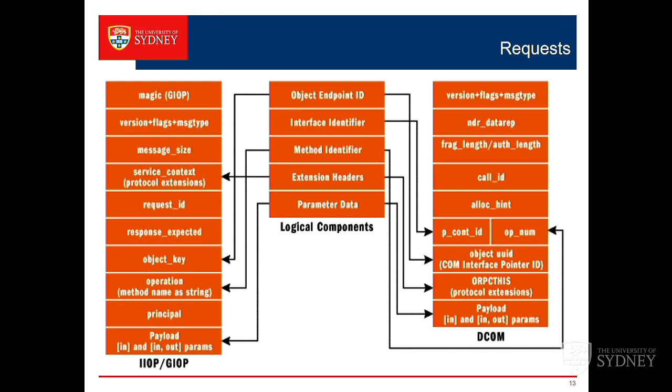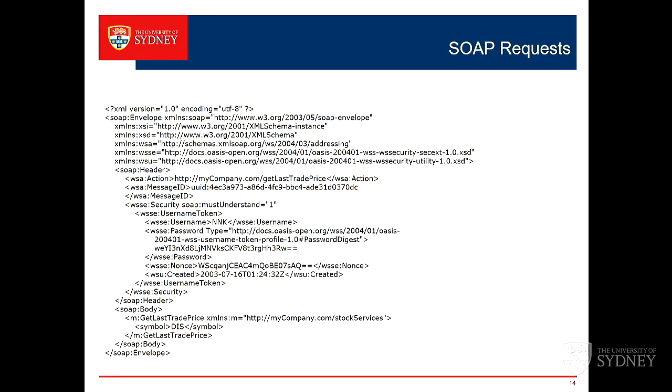So if they look like that, and just to be even more horrific, they might look like that. These things used to be binary, and then someone invented XML, and then XML begat SOAP, which is an XML-based version of that previous slide. So here is a SOAP request in XML. Anyone know what the actual parameter being passed is? So two questions. What's the method I'm calling, and what's the parameter being passed to it?